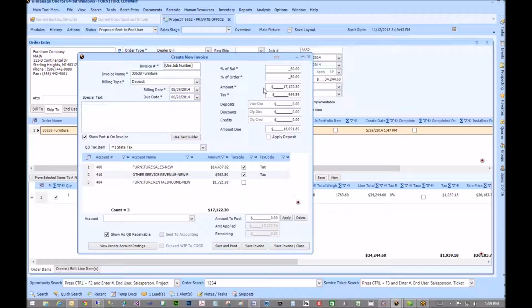The only way you could do that is actually to type in the amount, and that wouldn't really be 50% of the balance of the order. But you can type in that amount, and it would then figure out what that balance of the order is. So you can see down here, if my furniture sales new is $14,000, I could do a $7,000 invoice, and that's actually 20.44. Right. Okay. So you can do either way. If you want to do a percentage, you could do a percentage. If you want to just type in the amount that you're going to invoice for, then you type it in,